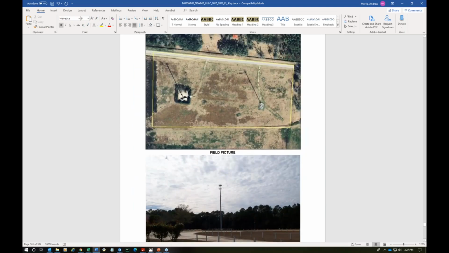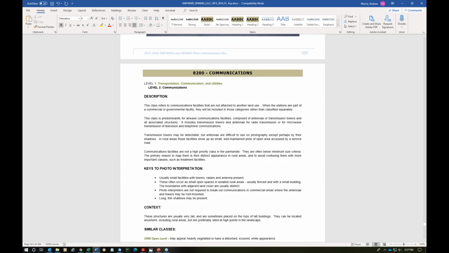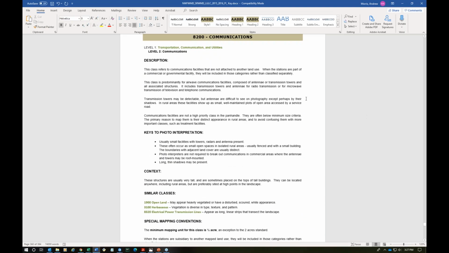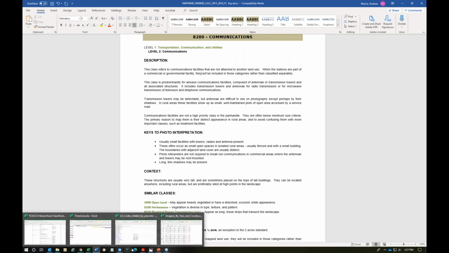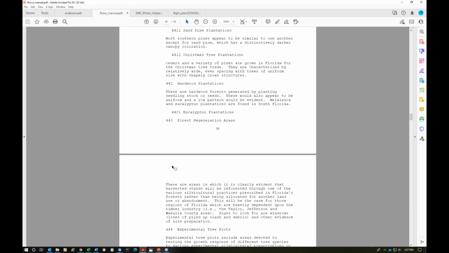I wish this was a PDF. So yeah, 82. There is only one level 2 for 82s. There is nothing else. And I say that because in the flux, if you go back to the flux for 82,